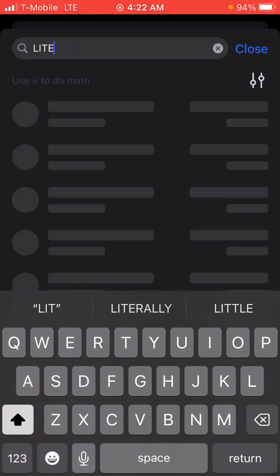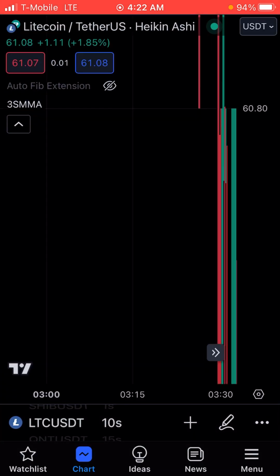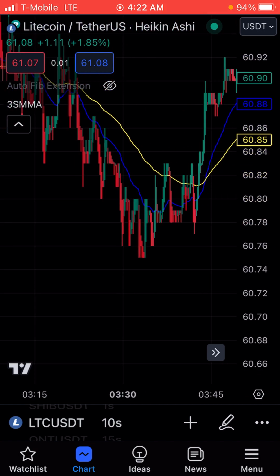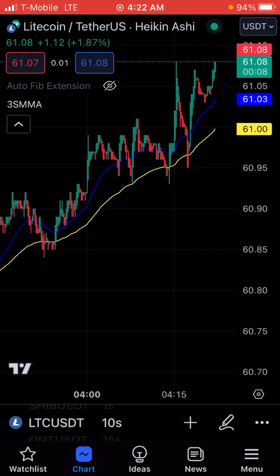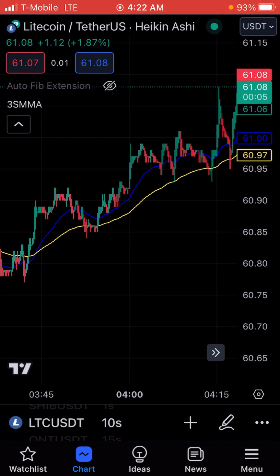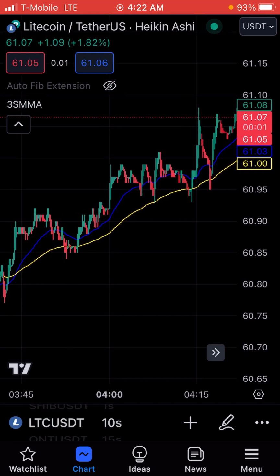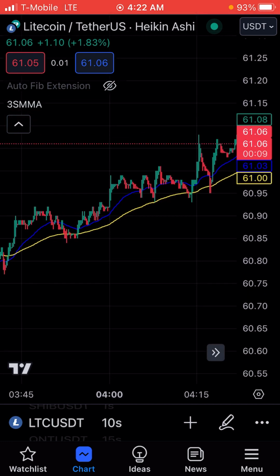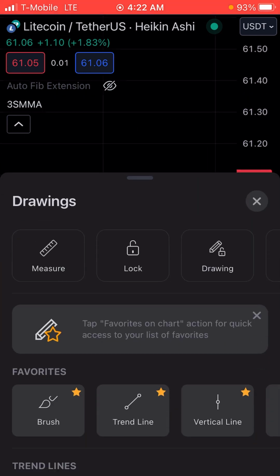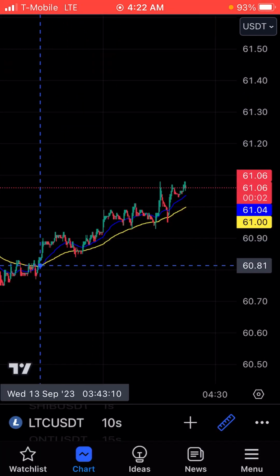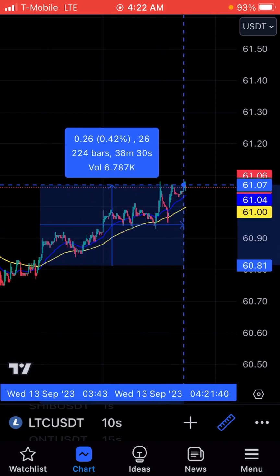Let's look at Litecoin. I want to look at a couple cryptos, and it works for anything here. So let's just look at Litecoin. Now, Litecoin recently had their halving, so we could tell that it's trying to go up. So Litecoin could be a good grab because it did just have its own halving. So go from here where it crossed all the way up here, and it hasn't crossed yet. So that was up